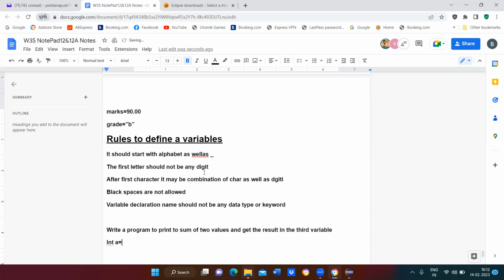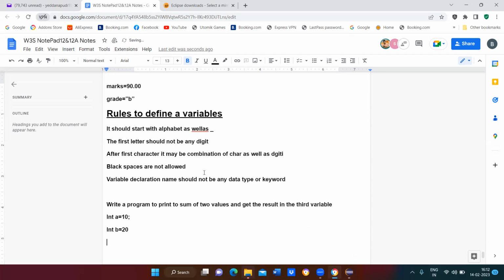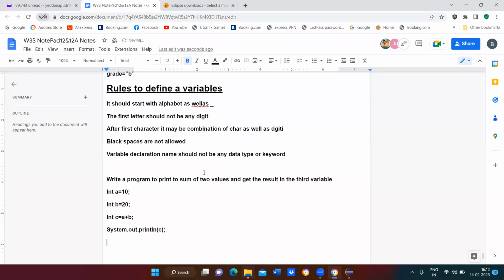So what can I do? Int A equal to 10, int B equal to 20, okay? Int C equal to A plus B. So System.out.println of C. That's all. So we are going to add two values and get the result in the third variable.